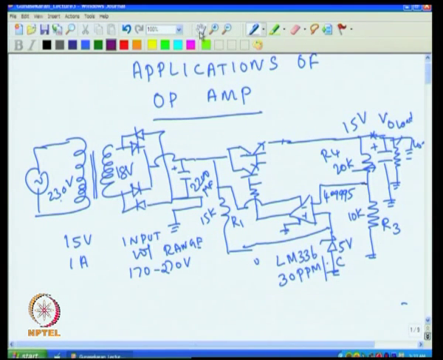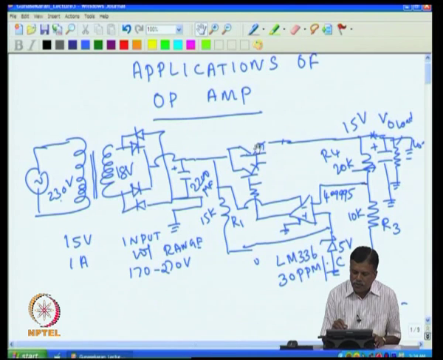heat sink here, because we have this transistor here, and this transistor invariably heats up. Once it heats up, the temperature of the junction will go up, and we know that in transistors, if the junction temperature goes more than 150 degrees, the transistor goes bad. So, we have to make sure that this transistor works as we like, and because of heating, this transistor will not go bad.